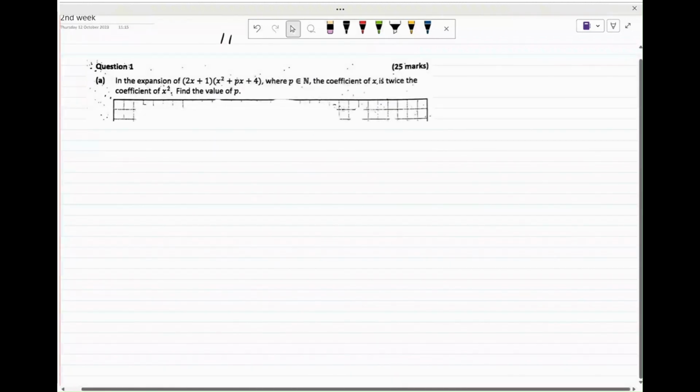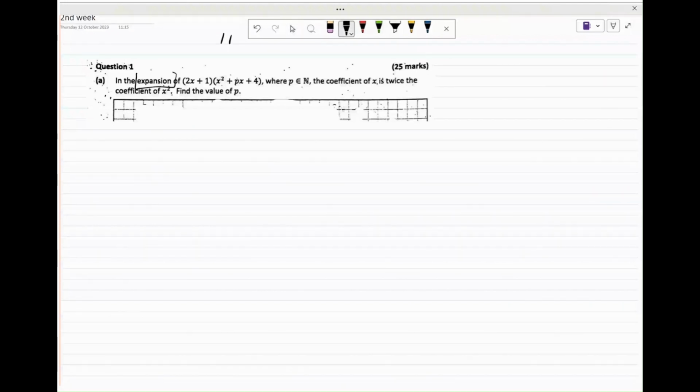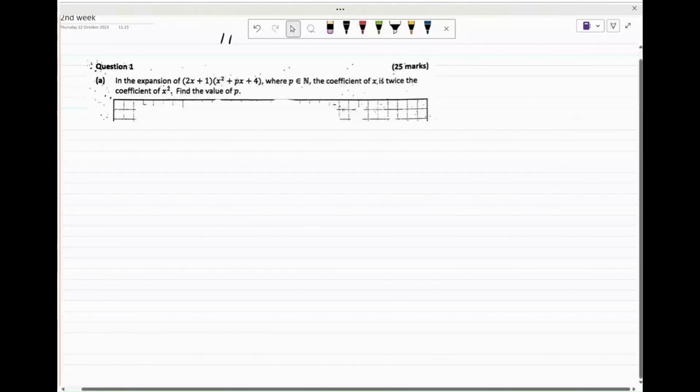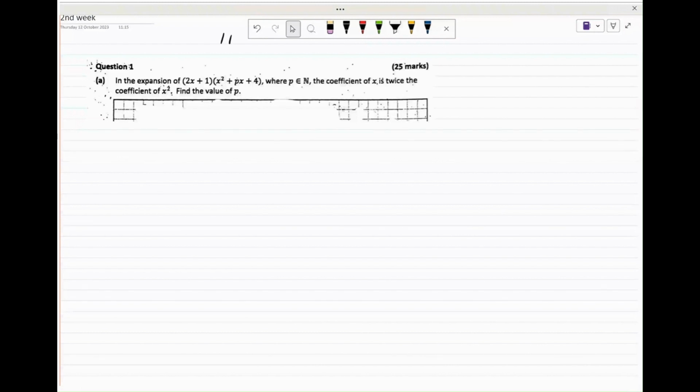This question was another algebra question, and basically what we took away from this question was what the word expansion meant. So expansion is kind of like the opposite of division. It's a little bit similar to multiplication, and what it means is when you see two brackets next to each other like that, you're basically going to multiply them all out and get one big term at the end. But this question reads, in the expansion of 2x plus 1 times x squared plus px plus 4, where p is just any positive number, not including 0,